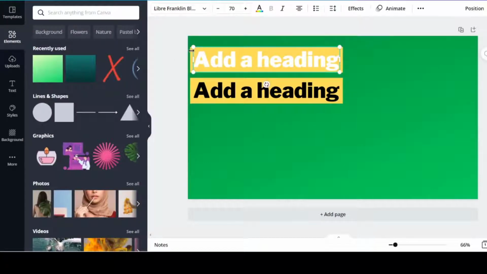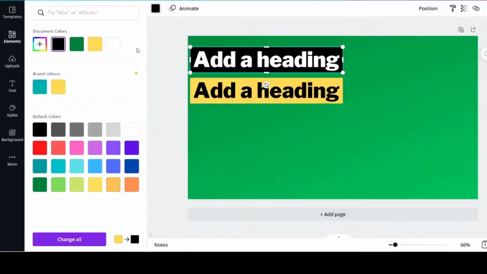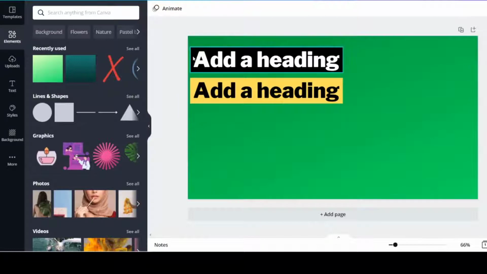And the background color is going to be something different. I'm going to change the background color for the text to be black. So make sure there's a contrast between your text and also the text background or text highlight to make it